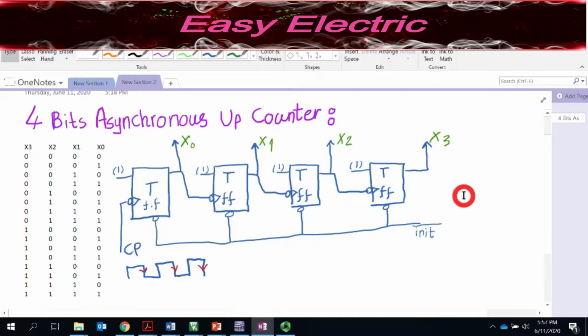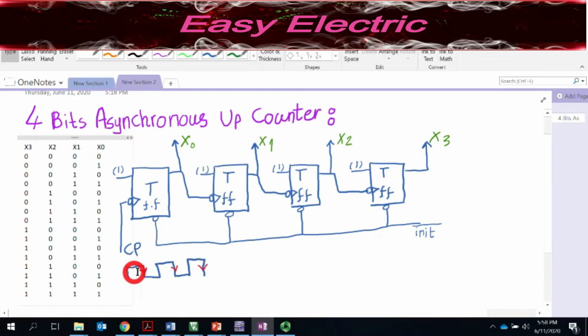Hello everyone. Today we want to talk about the 4-bit up counter and see how we could design a 4-bit asynchronous up counter. As it's clear from the name, whenever you are talking about the 4-bit up counter, you definitely need to have 4 outputs, and also you have one input, which is your clock. Whenever your counter sees the falling edge or rising edge, depending on your counter,